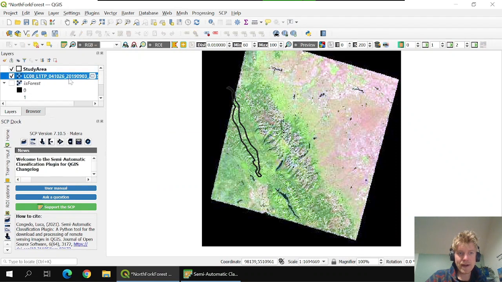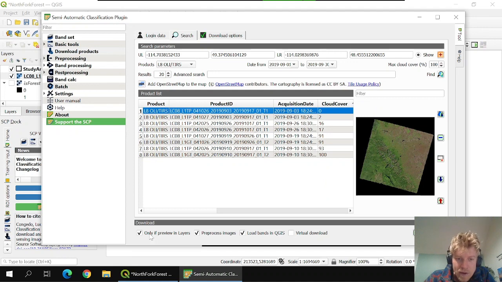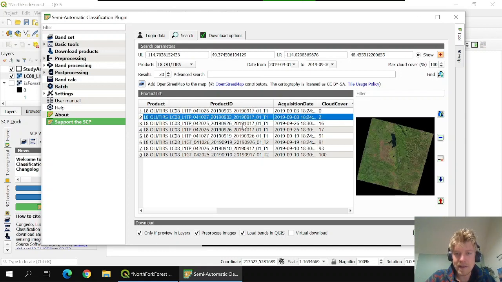and if it's the only Landsat layer that's previewed, then you can rely on this little checkbox here, which says to download only the set of these images that are previewed in the layers window in QGIS. Sometimes this little preview downloader is pretty buggy, and so sometimes it can't work, and therefore you can't rely on this to filter down. So you can also just click on the other,